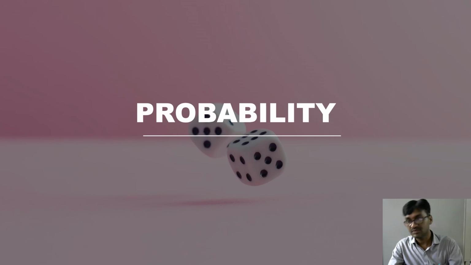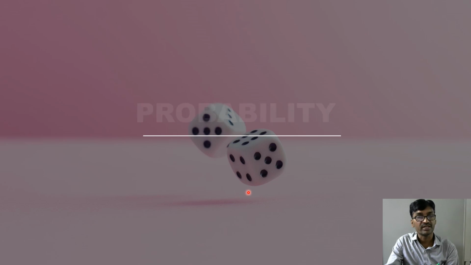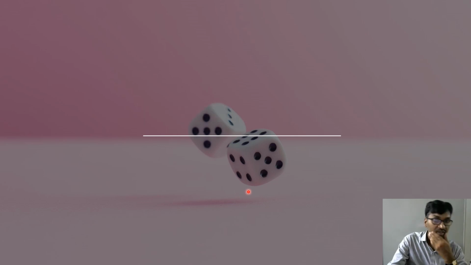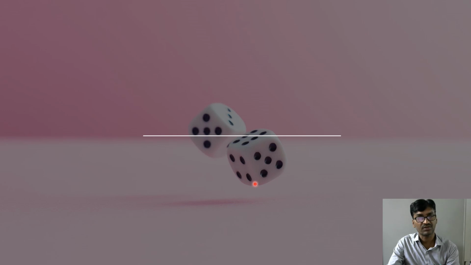In the last class, we discussed probability, in particular the theoretical approach of probability, and we solved some problems on coins and a die also. Now, in this class, I am going to explain problems related to dice and balls of different colors. These two models I am going to explain in this class.